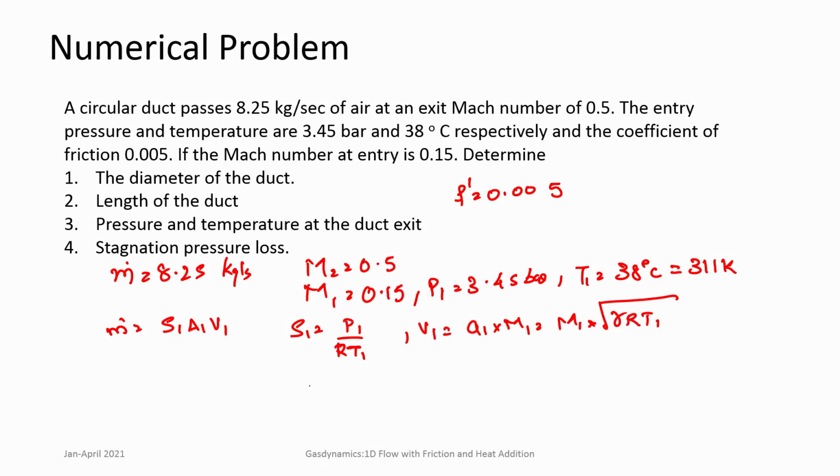So you get A 1 is M dot divided by P 1 by R T 1 multiplied by M 1 multiplied by square root of gamma R T 1. So substitute here, this is for air. So air gamma is taken as 1.4, R is 287. Substitute these numbers here and you get